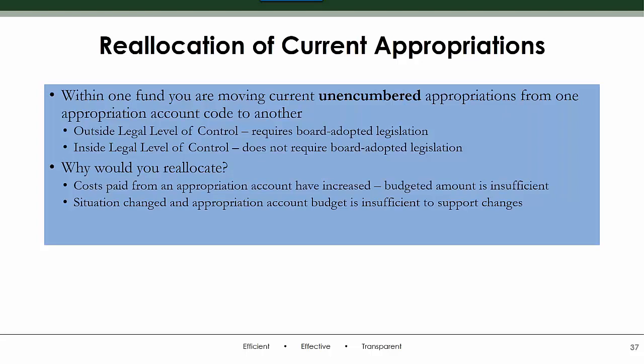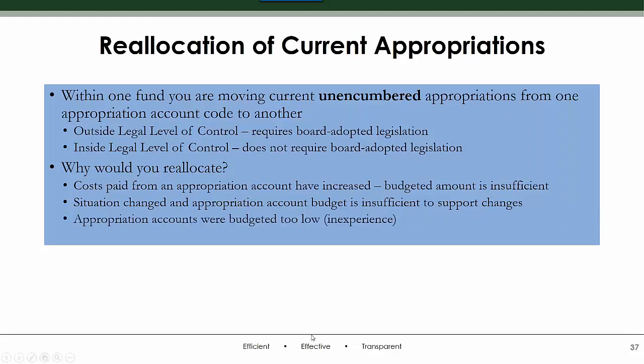So you're going to hire, we're switching from employees, what we're budgeted, to a contractor. So I can't pay the contractor out of the salary account. You guys have to remember the appropriation accounts build your annual financial report, and it needs to be accurate. So we're not just going to spend from some vague account that doesn't mean anything. We're going to change the budget.